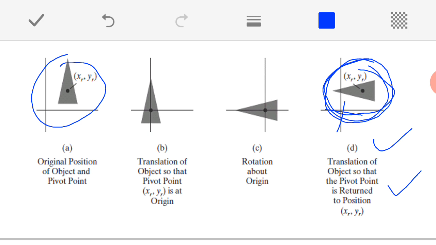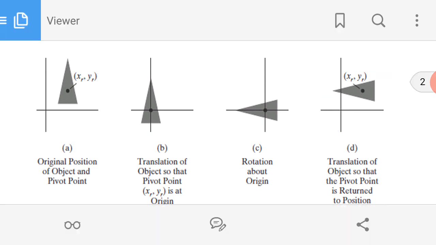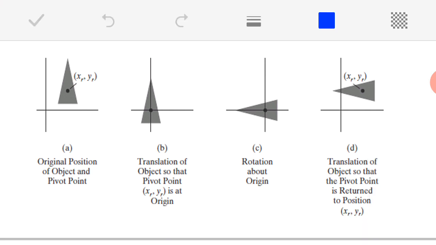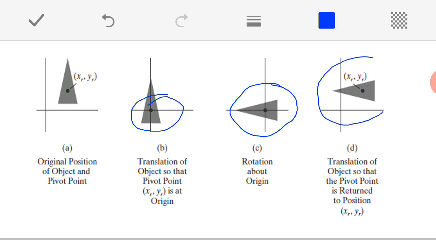So, do remember these three simple steps. What are those steps? It is very simple: move the object in such a way that the pivot point overlaps with the origin, then you perform your normal rotation about this origin, then you retranslate it back to its original position. So, this is my final rotated object with respect to the pivot point which is other than the origin, that is it. Okay. Now, look at how I am going to derive the matrix here.